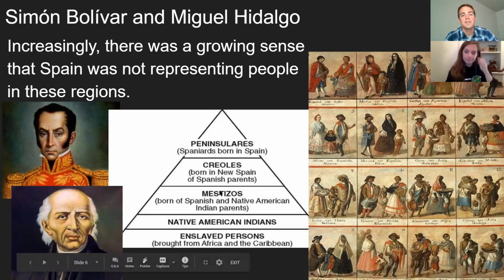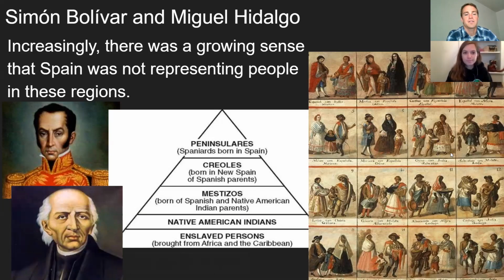This triangle is a summary or a simplification of this really complicated set of drawings to the right. A summary in the middle here with the triangle, and then the really complicated multi-generation, hundreds of years of different people having children with one another story on the right. It's just crazy the amount of effort they went to classify everyone's position in society based off of who their parents were. Yeah, and there's still a legacy of this throughout Central and South America, like people